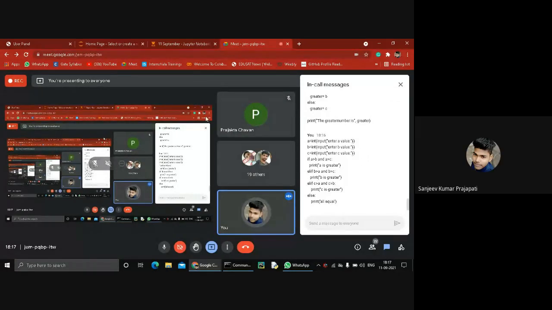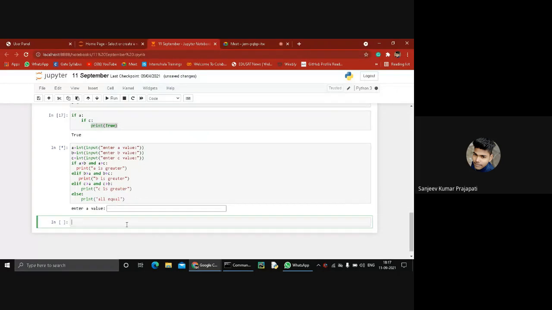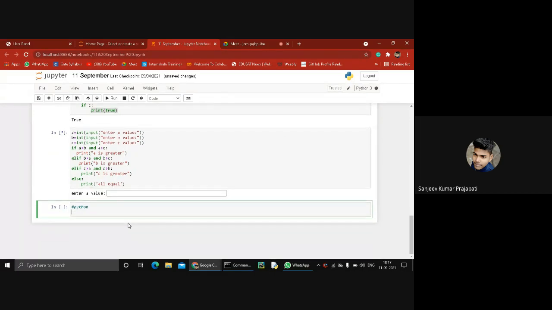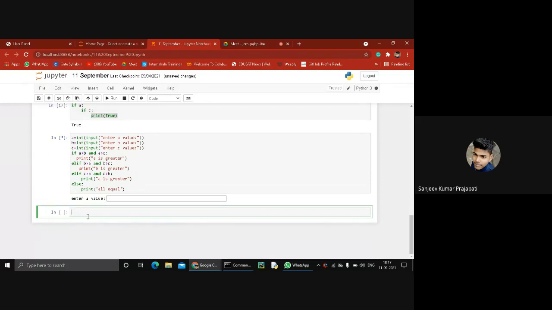So my next question is, taking input from the user in form of a string, not Python. Check whether th is available in the string. Maybe like Python, hello world, and something. Taking from the user as a string and check th available in this particular string or not.